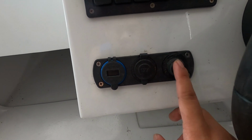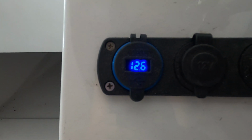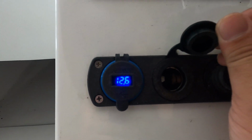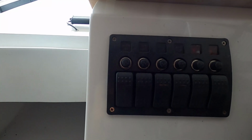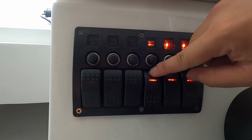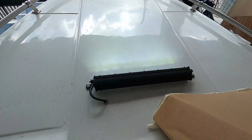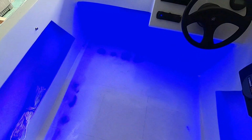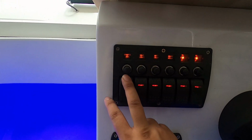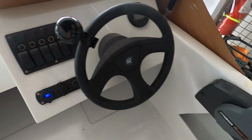So ang indicator ko dito is itong switch na to. So makikita mo iilaw siya. Ito yung voltmeter niya. So 12.6 volts. So meron din dito car lighter socket. Ngayon pag nag-switch tayo ngayon, iilaw na yan. So for example, ito yung bilge pump. Ito yung spotlight. So iilaw na yung spotlight. Yung deck lights, yan, iilaw na rin siya. At the same time, yung knob lights, so iilaw na rin yung knob lights. Tapos may power na rin tayo dito. Okay,